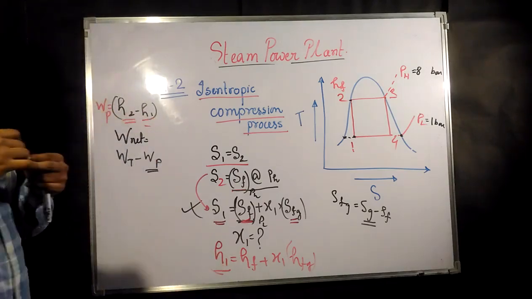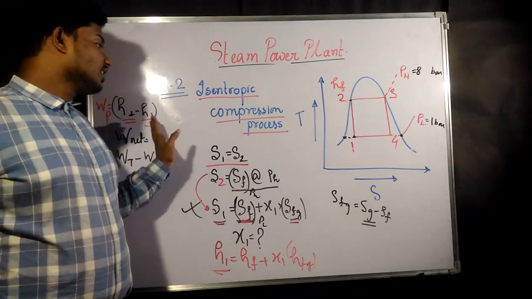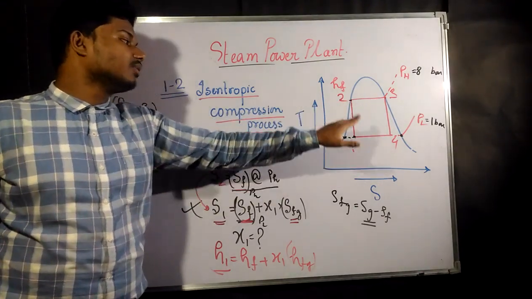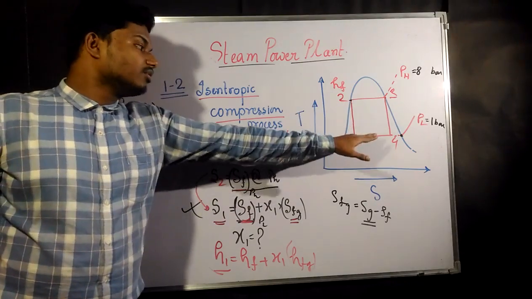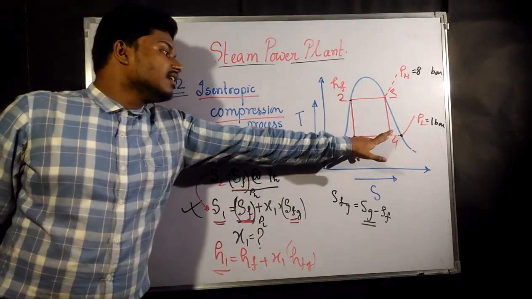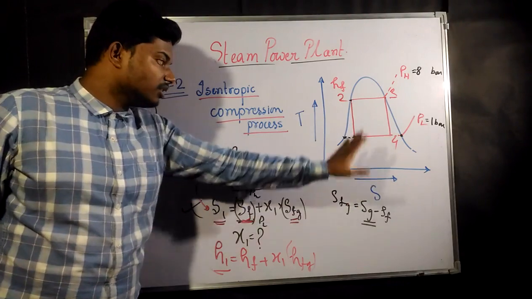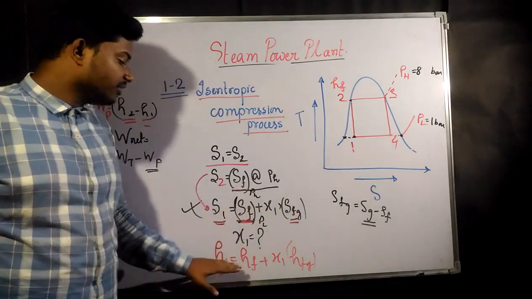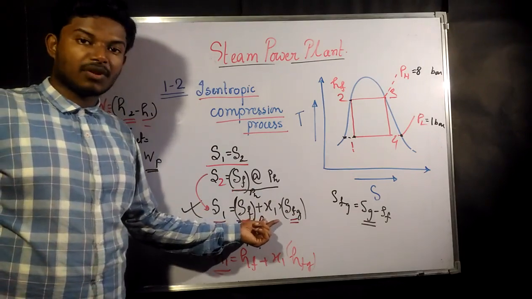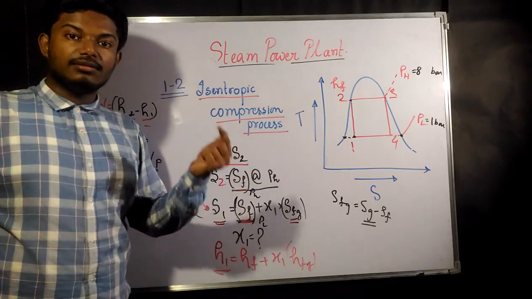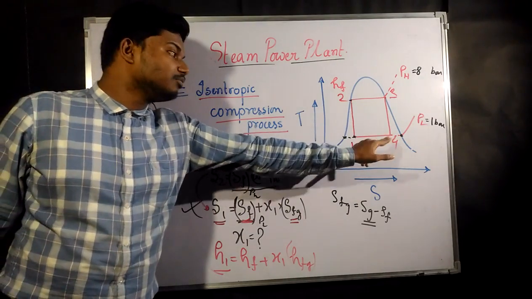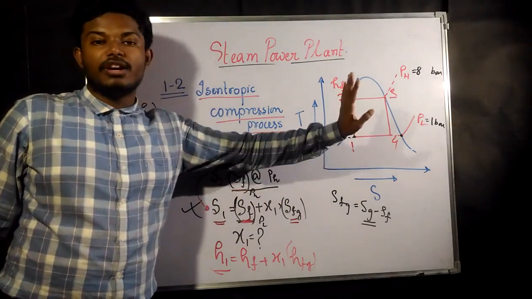So you can find out the work done by the pump. That is the reason we have taken the process 1 to 2 after 3 to 4. Now we are going to consider 4 to 1, because all the values at point 4 we can find out. And all the values at point 1 we can find out if we find the dryness fraction and we have a steam table. In the previous board we have found all the values at point 4.